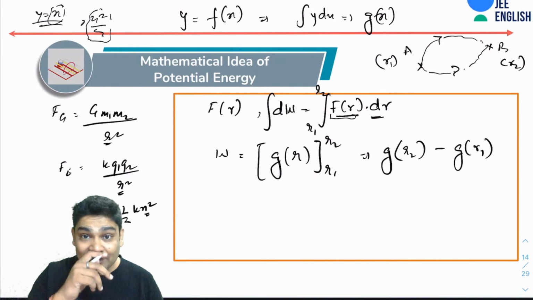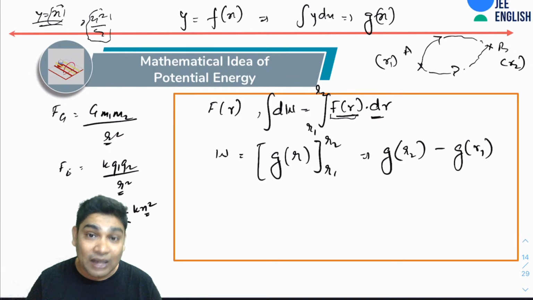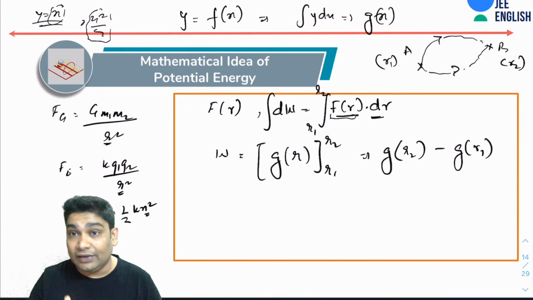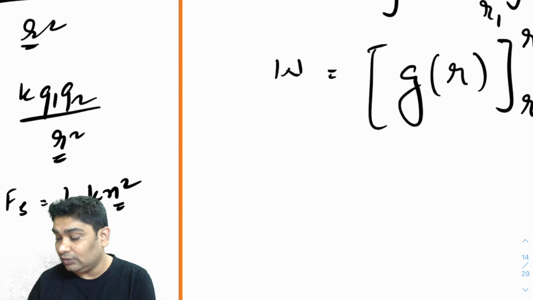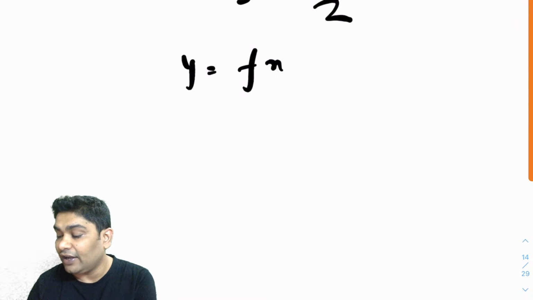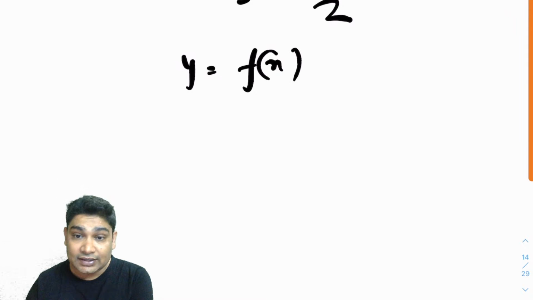So as I was saying, when I take different paths for integration, mathematically what happens is that if you are integrating the same function, let's suppose I'm integrating y, which is a function of x, and if I'm integrating this,